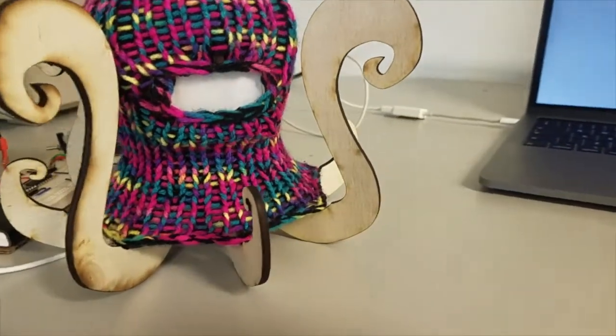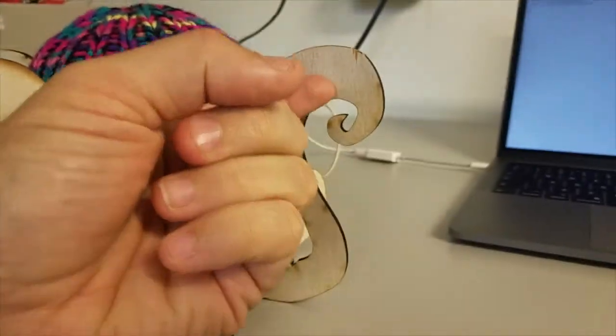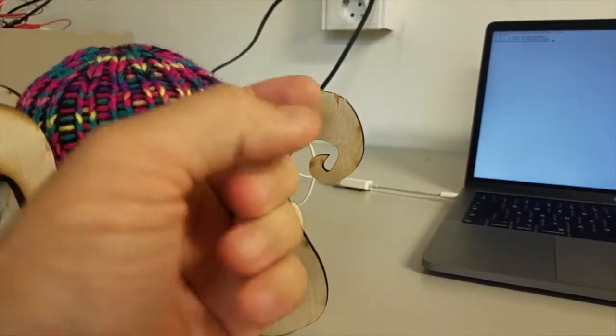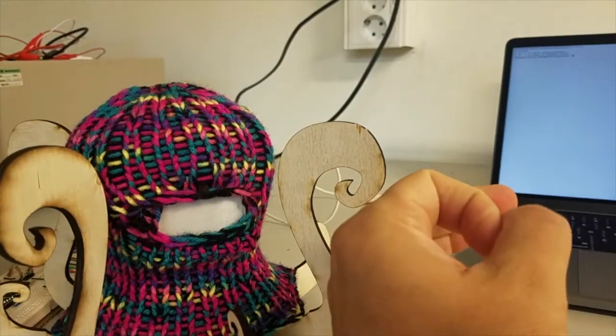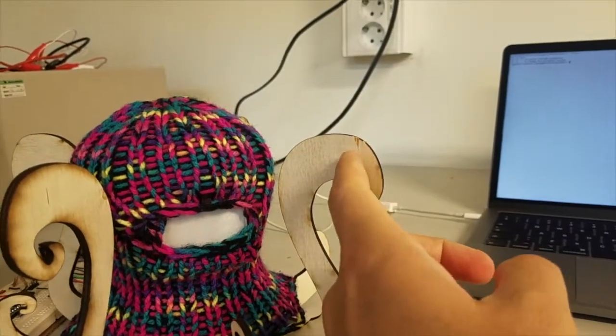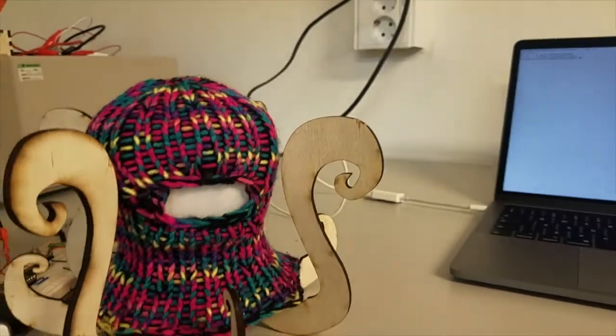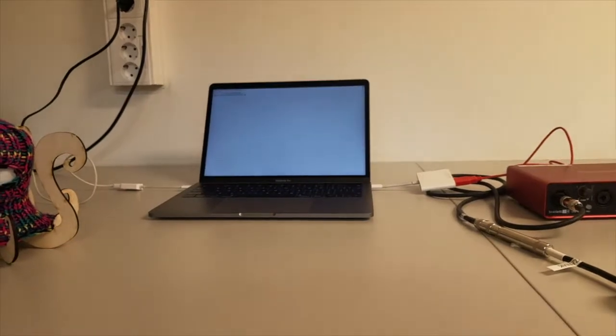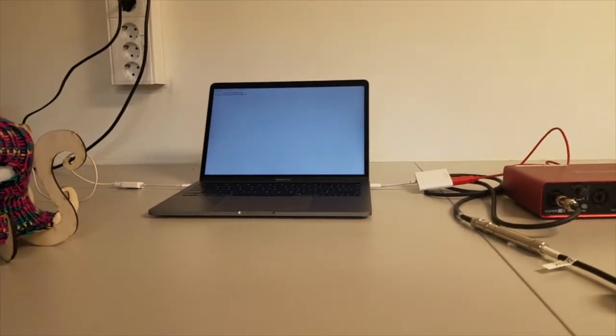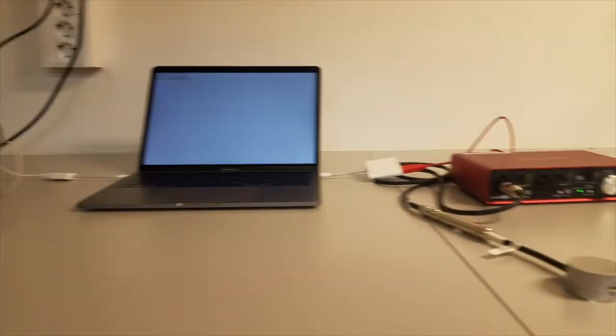But the more I think about it, I think what I might do is actually put the solenoids kind of up here and then have little, I don't know, glass or metal objects or wooden objects for the solenoids to actually tap on. And so I've also been writing some algorithms that generate rhythms, and I'll show that for you